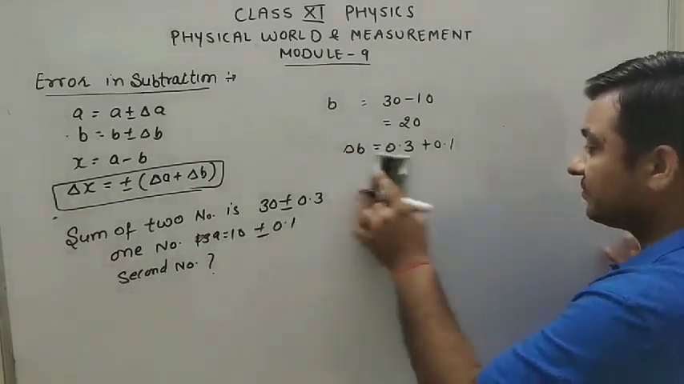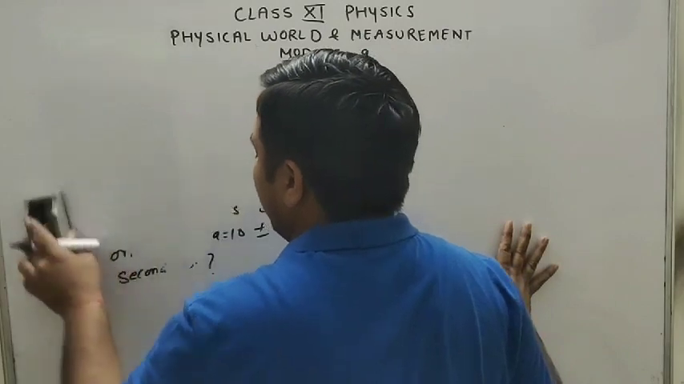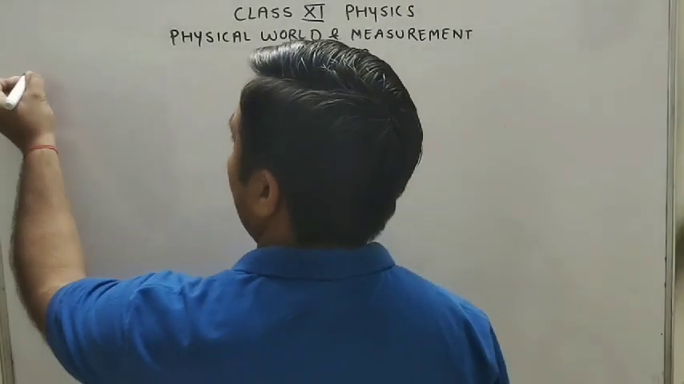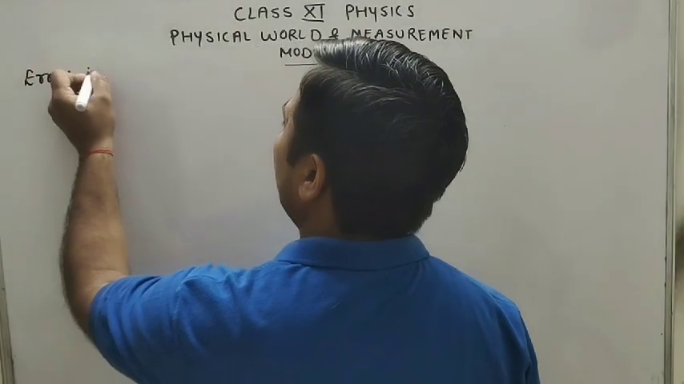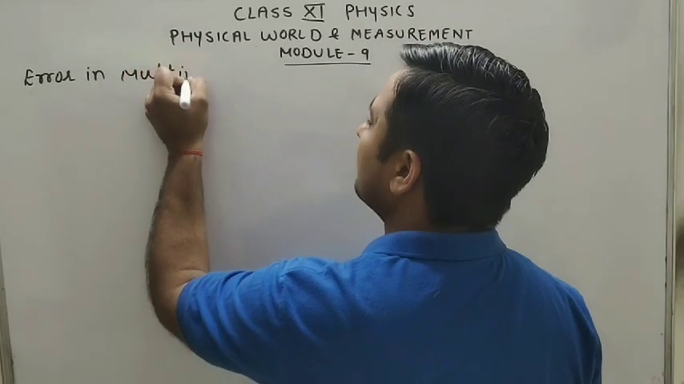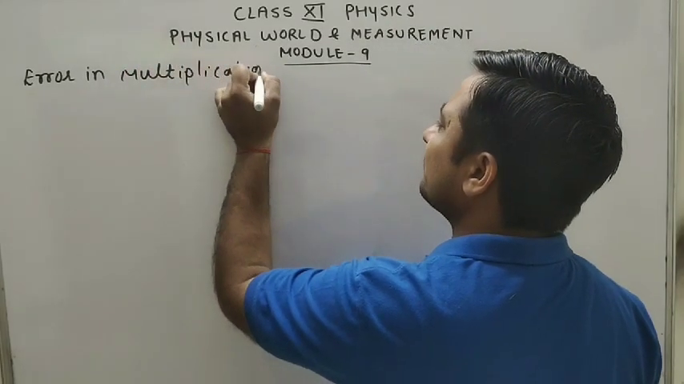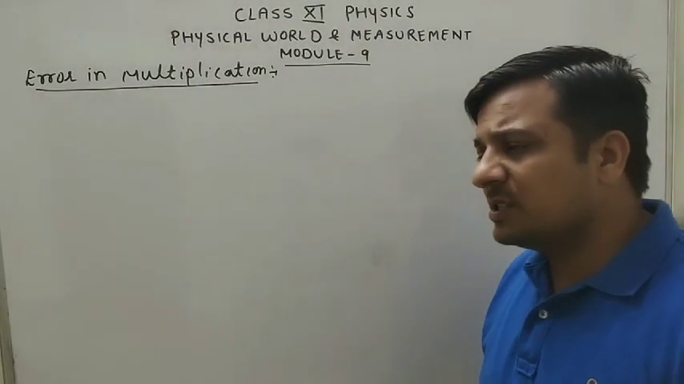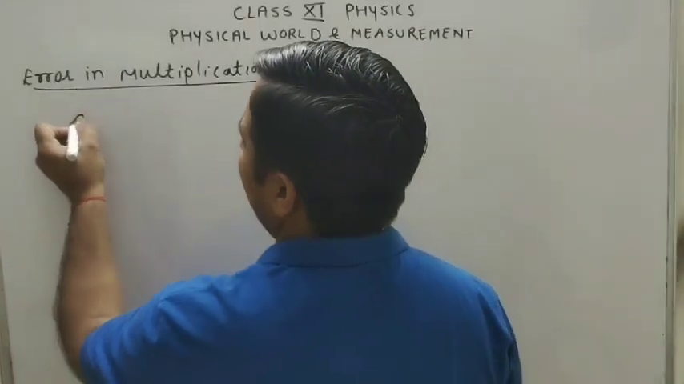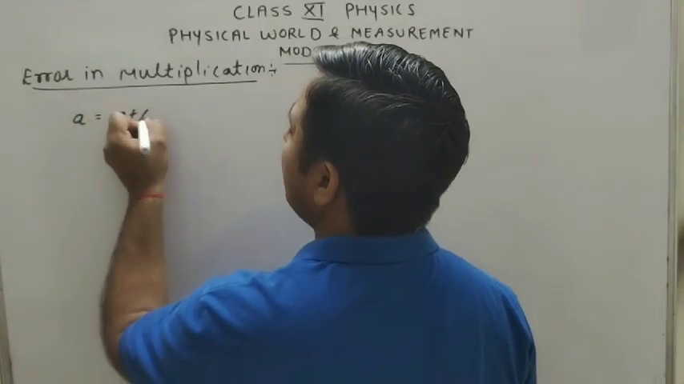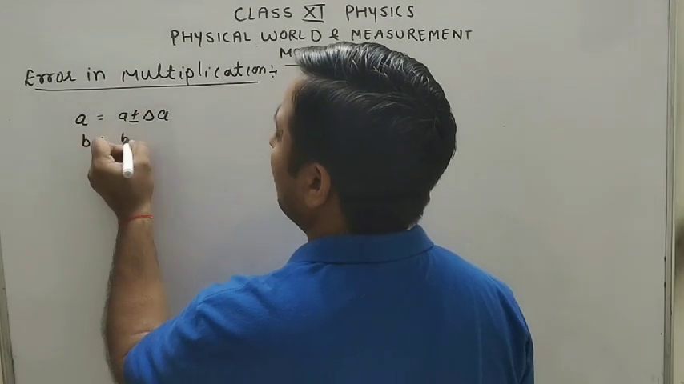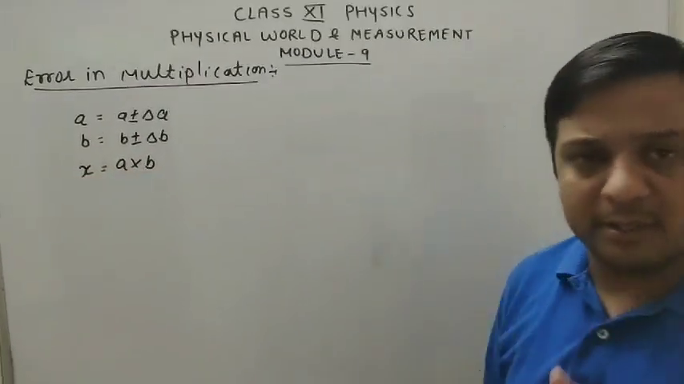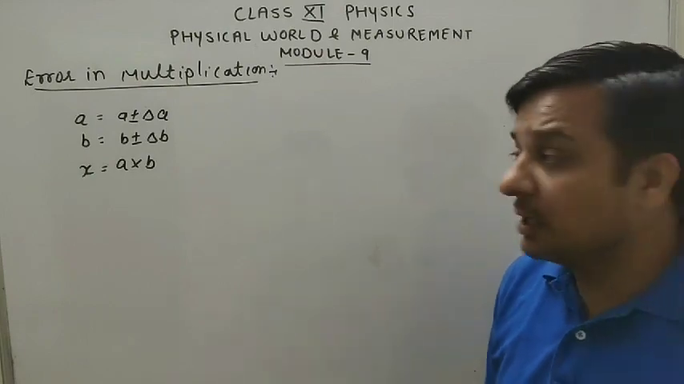And next, error in multiplication, another very important concept. Yes, then here, what is the formula? Suppose a single term a plus minus delta a and b is equal to b plus minus delta b, and x is the product of a and b. Then you will find out here